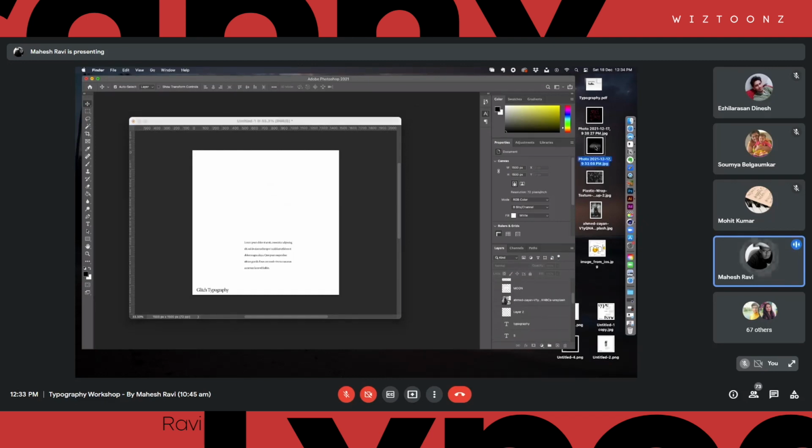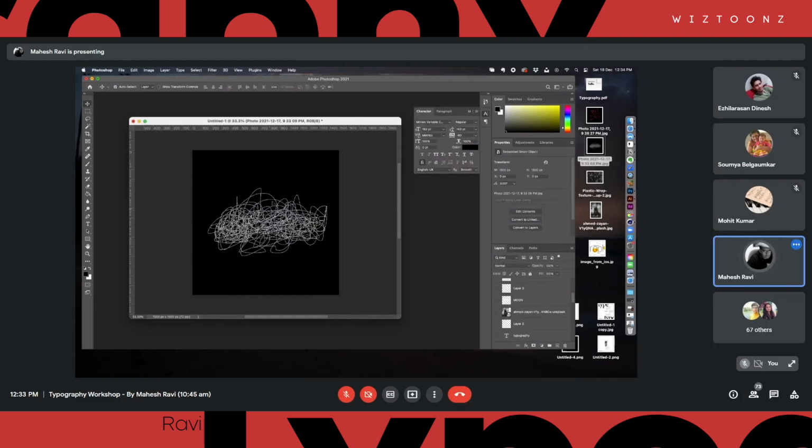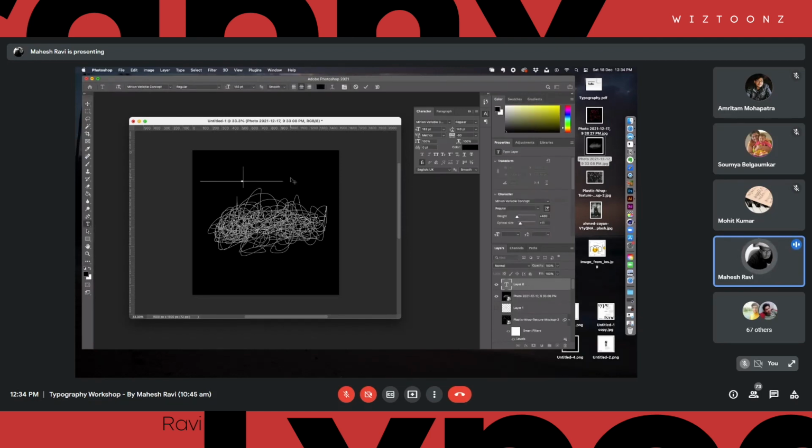So let's say I have this. This is something that I've just, again, using PicsArt, created like some scribbles here, right? I just did it like that. Now, you know that this is the positive space in here, right? Positive space is that scribble that you have in the middle. So now think of it like this. If you are going to break that positive space with a text, so let's say typography, right? And I'm going to just make it a little thicker. That typography is not going to work in here.